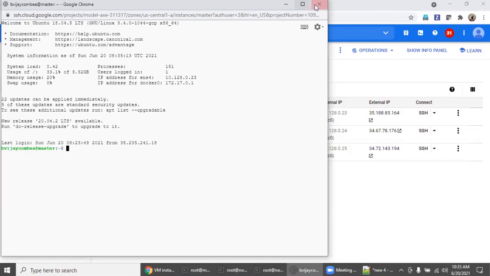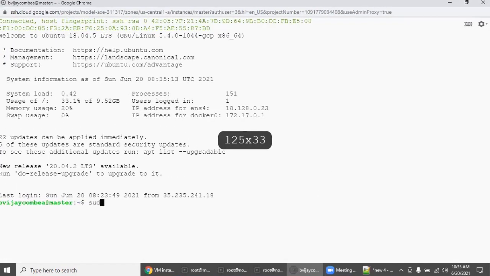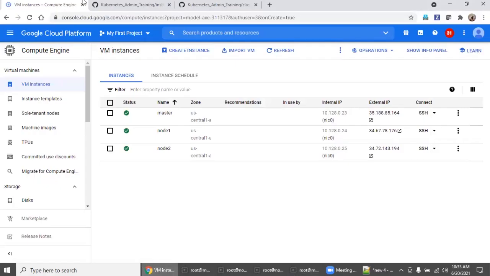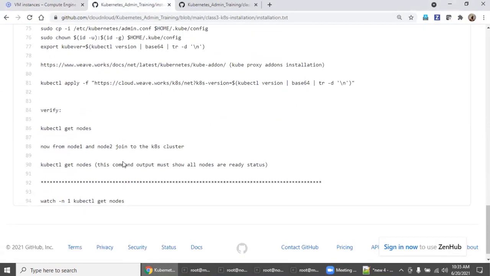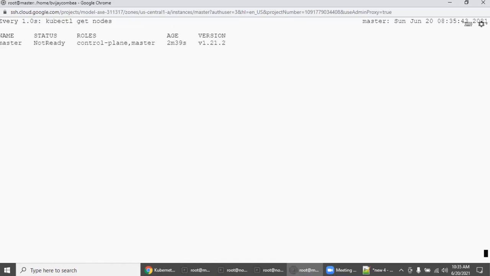So basically, we opened another master node SSH window. We are going to root, and here you can say watch. Go back to your steps. Come down. There is a kubectl get nodes, right? Copy this and go to the master, watch -n1. This is the command, put this and enter. And you keep this window open.